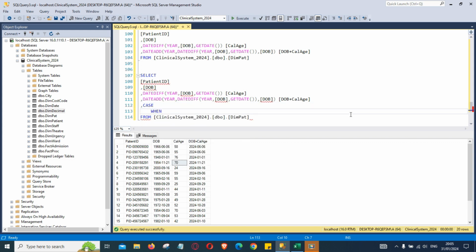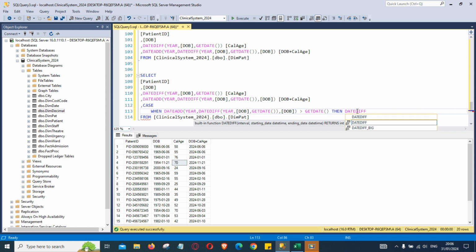Right, when this part, the calculated age, all of that, copy that code and paste it here. So we are saying when this date of birth plus calculated age is greater than GETDATE, which is what we are saying. If it is after today's date, then what we need,